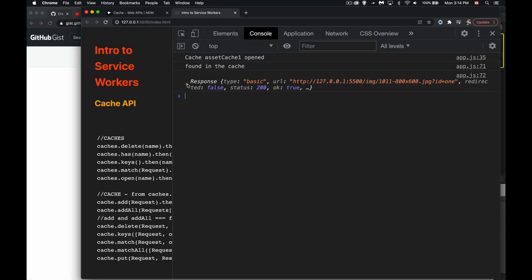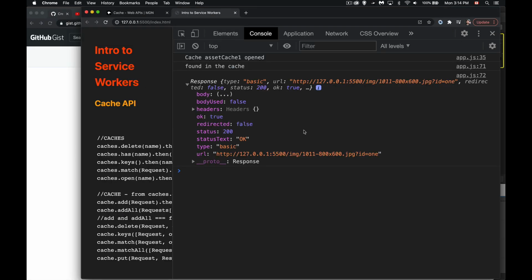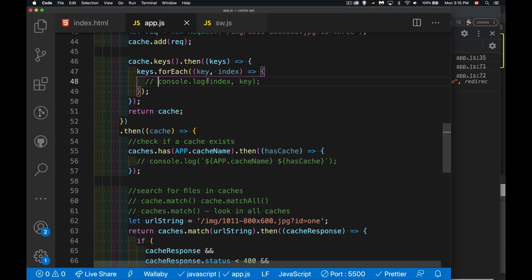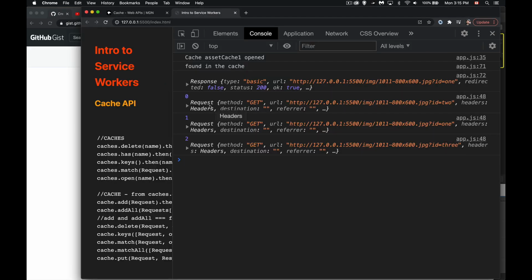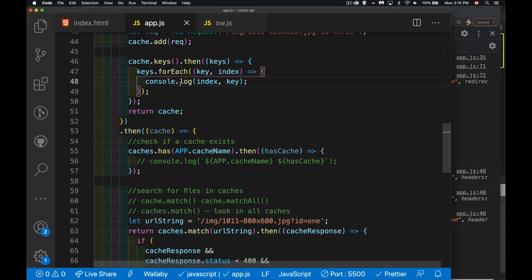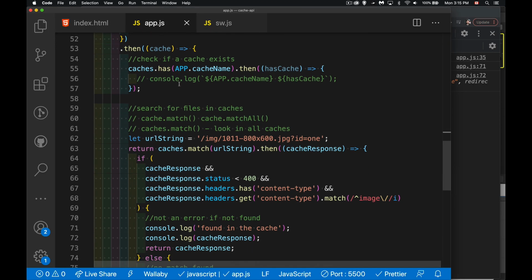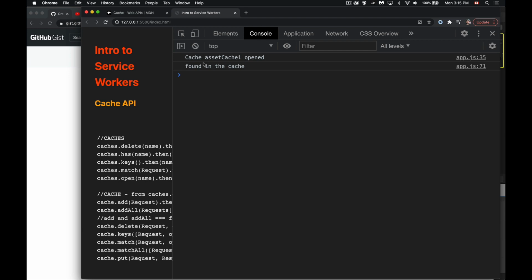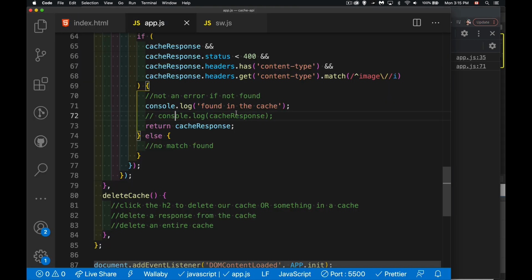Okay, so here is the response that we found in the cache. So we did get something. It is a response object, not the request. When we were looking at these, request, request, request, this one is a response object. All right, so if we got to this point, we found it in the cache. So we know that we did have this thing. If we don't find it in the cache,